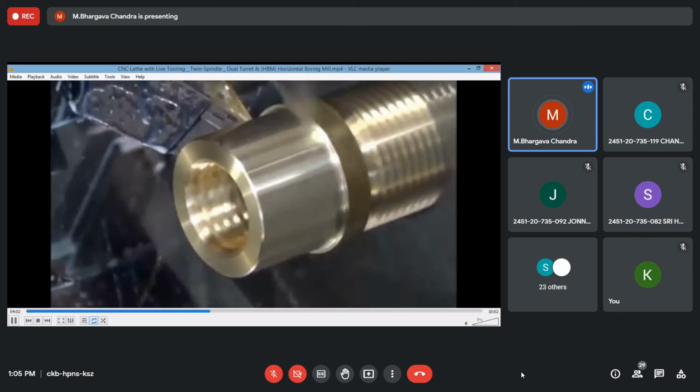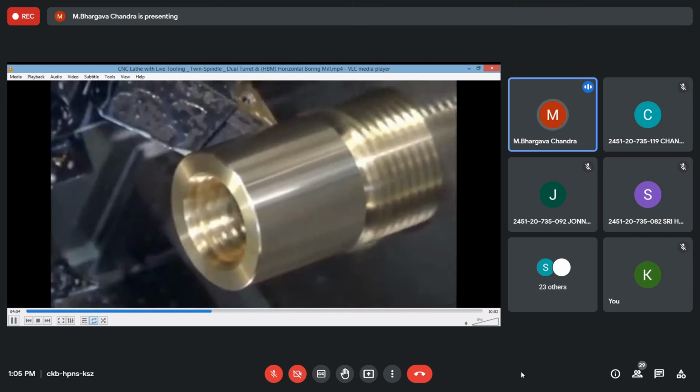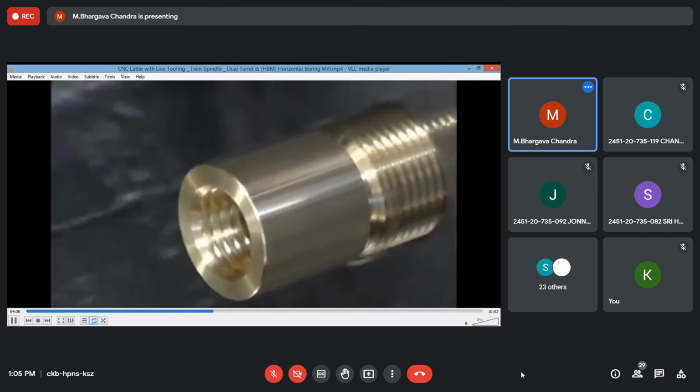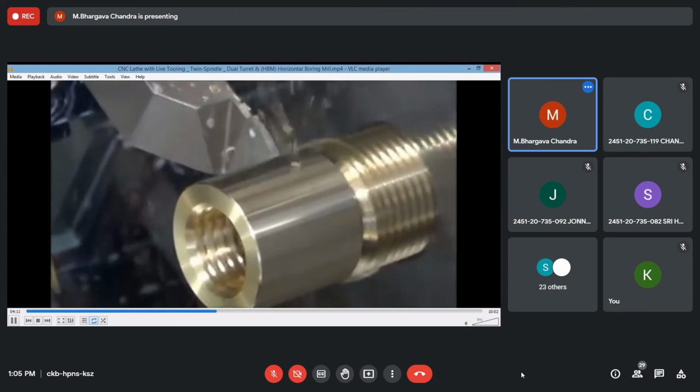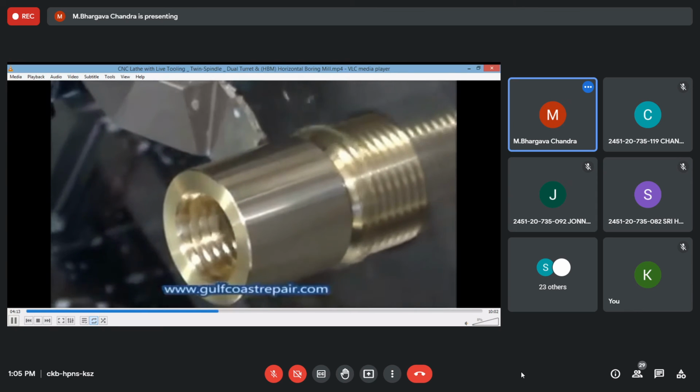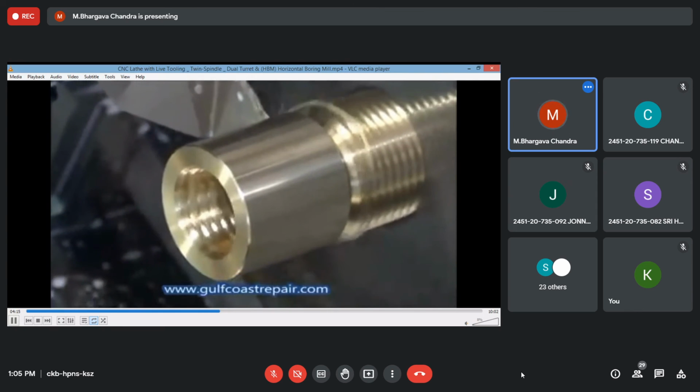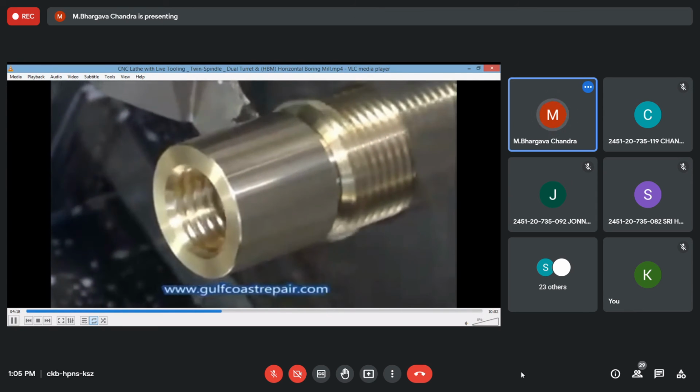So you can see and imagine that in a very short span of time the operations are being performed. A lot of time gets saved here and high accuracy can be achieved.